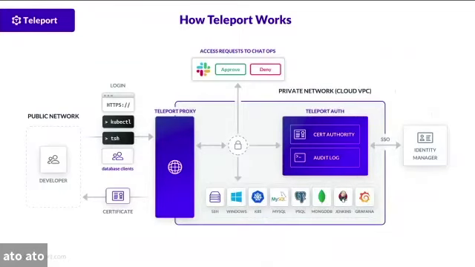So from a high level, this is what it looks like and how it works. A user over here, your developer side of the fence, needs to gain access to a Kubernetes cluster, maybe a MongoDB or Postgres database. Typically in the past, you just SSH into it and go. Well, now with Teleport, you authenticate into your OIDC, GitHub. GitHub says, hey, you have rights and permissions. So now we're going to issue you a certificate that's signed by the Teleport Certificate Authority. And that certificate is going to say, hey, you have access to Mongo for 8 hours. Have fun. Go enjoy. And then you connect.